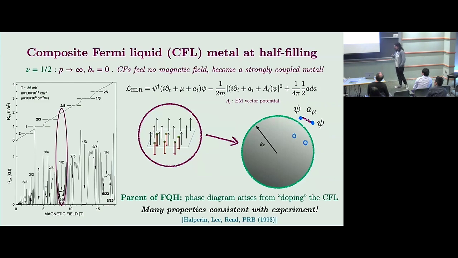And this isn't just a vague theoretical proposal, but there are actually amazingly many properties of experiments that are consistent with this picture. You can just see here that there's this resistive feature near nu equals 1/2, finite rho xx, and quite large rho xy, which is a consequence of this picture. But also, as Max was alluding to in his question earlier, there are many types of quantum oscillation experiments that can be done here which are consistent with the presence of a composite Fermi surface. And I'll talk a bit more about that at the end of my talk, if I have time.